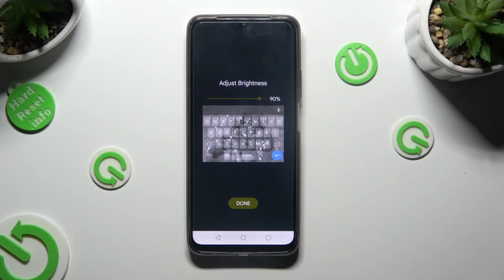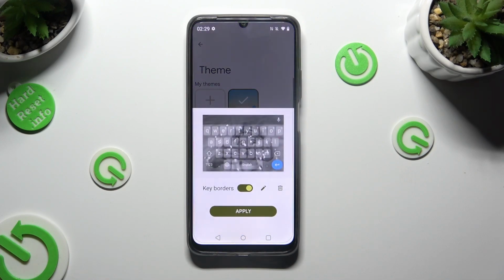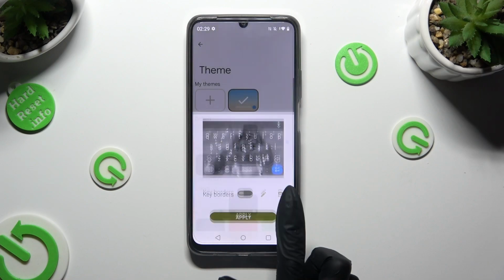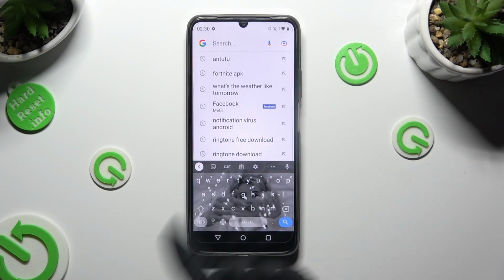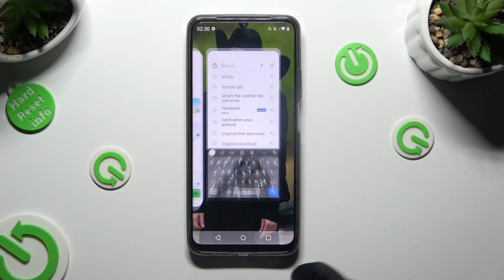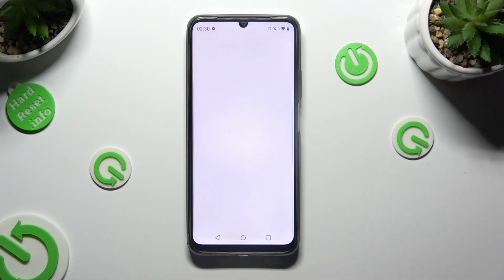Click on Done. Manage keyboards and select Apply. So when I go back this time, as you can see, the theme of my keyboard was successfully customized with an